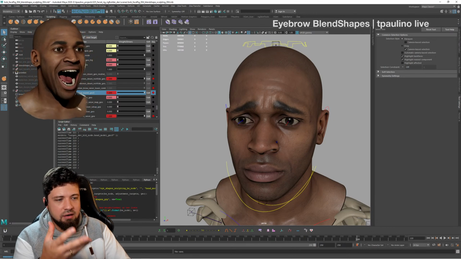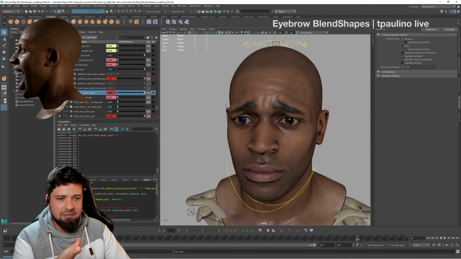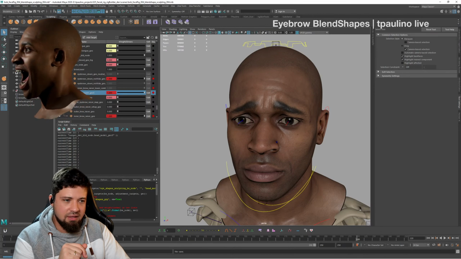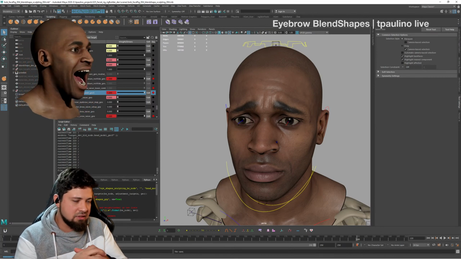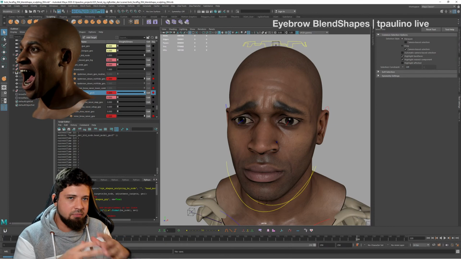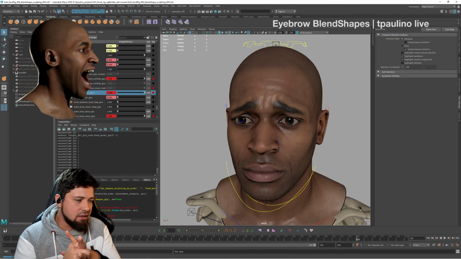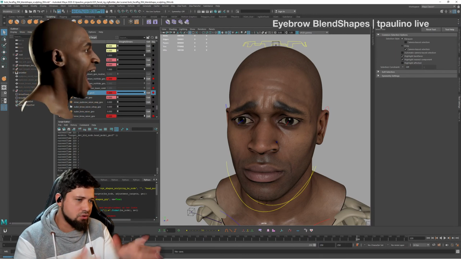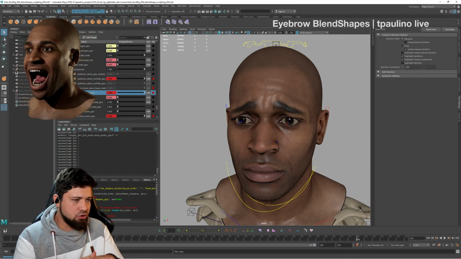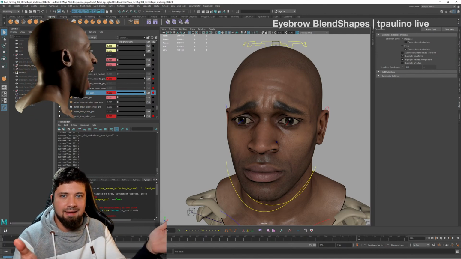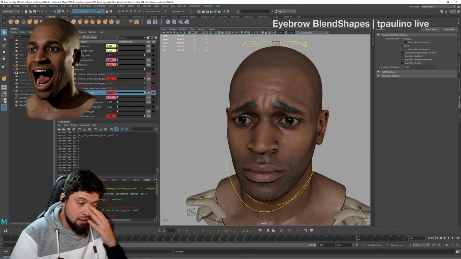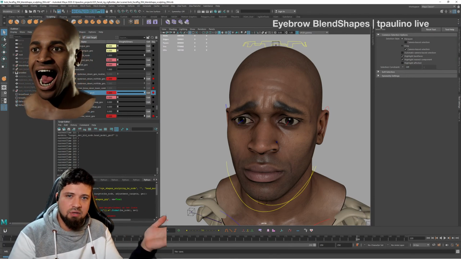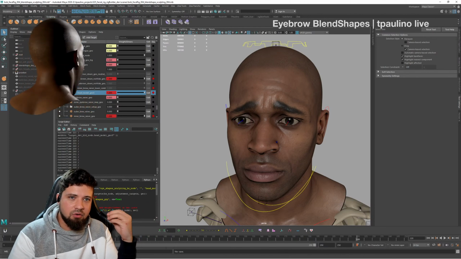So how is this, eyebrows, for example? The eyes, I believe they are kind of solved. It is what it is. But on the eyebrows, this is going to start to be part of a bigger conversation, which is: should we have controls on the face? Should we have controls on the side of the rig? Should we have controls just on the attributes? It could be any of these options, and I've seen all of them in rigs. I know that for animators, it's not great to have the controls on the face, because